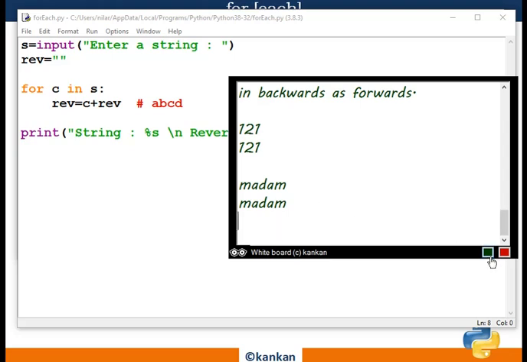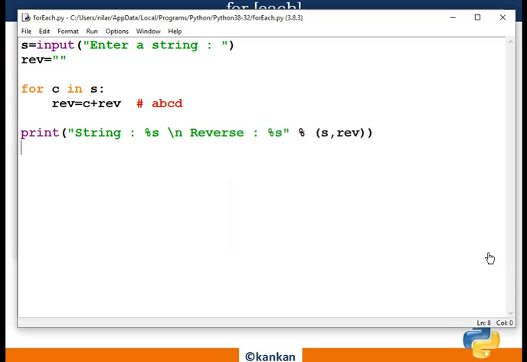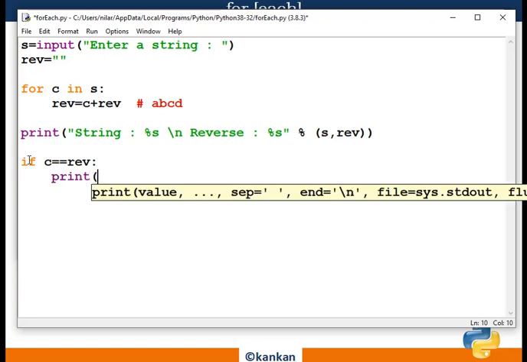Okay, now just edit it, and what I have to do is just check whether the string is equal to the previous string after reversing. If C equals reverse, then print this is palindrome.